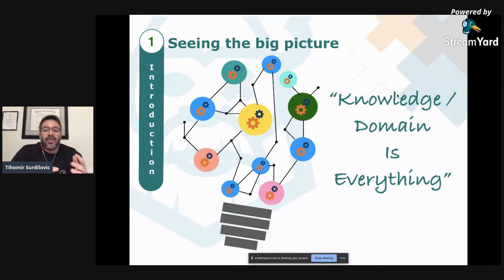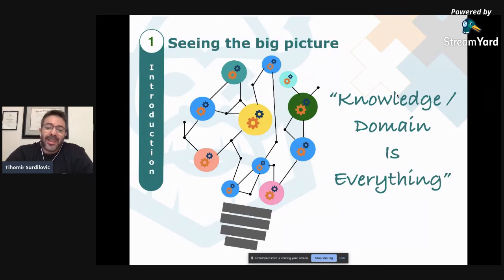Now, once we have all of our small pieces or our microservices deployed and built, we still have to see the big picture. It doesn't really solve a business problem. And we really want to focus and say that in the end, knowledge of the domain really is everything. Our microservices independently make little to no sense on their own, but we have to combine them, and we have to put them in ways that are important to our business and to our